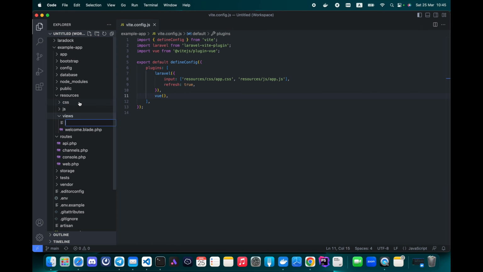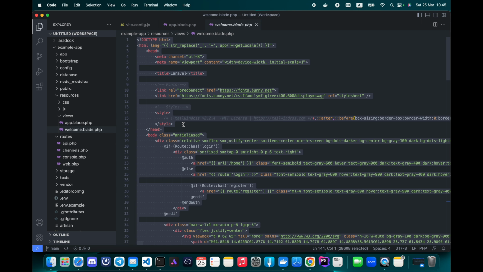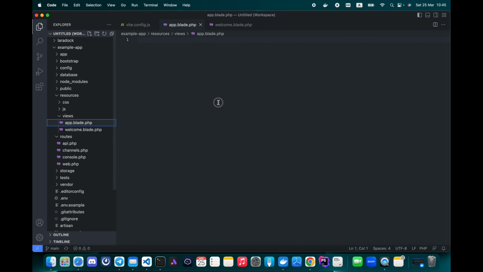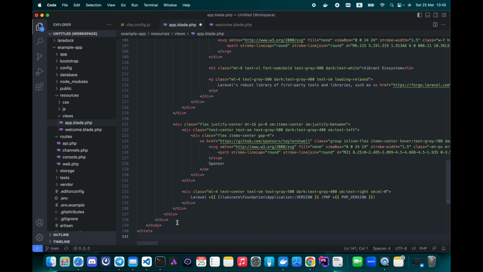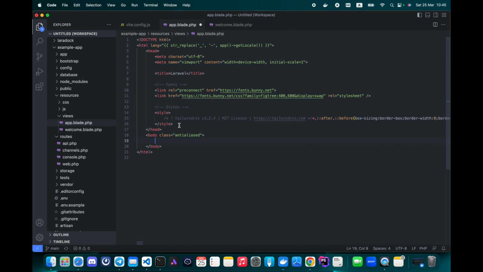Then create a new view which has the name app.blade.php. Copy the contents of the welcome.blade.php view and paste it into the app.blade.php. Remove all unnecessary content and leave only the basic HTML structure.